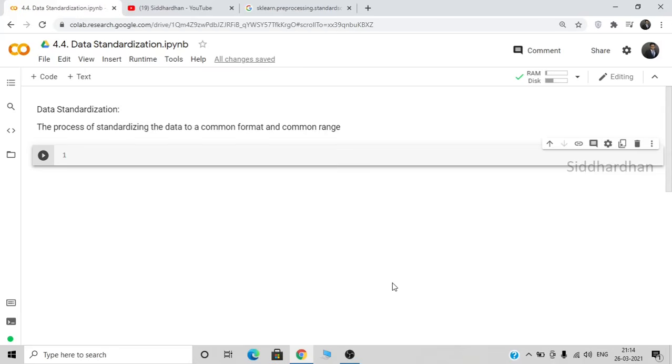In this video, we are going to discuss one of the important data pre-processing techniques, which is data standardization. Data standardization is the process of standardizing the data to a common format or common range. So what does this mean? Let's say that we have a data set and this data set